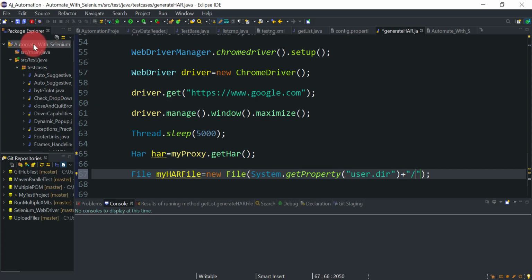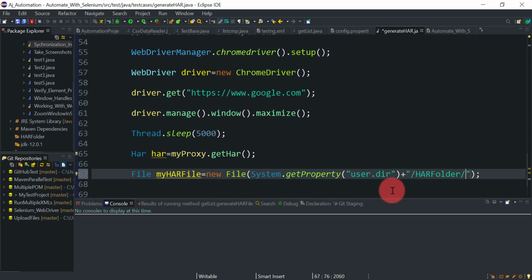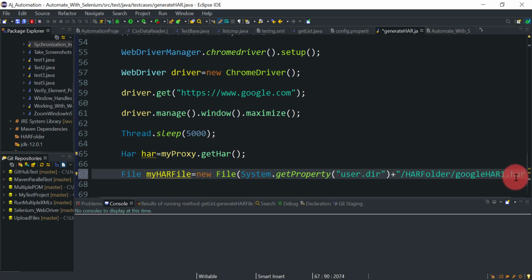Inside this project I need to go into this HAR folder, so slash HAR folder, and inside that folder I will give some name to my file. So let's say Google HAR, Google HAR 1.har. You need to provide .har as an extension.